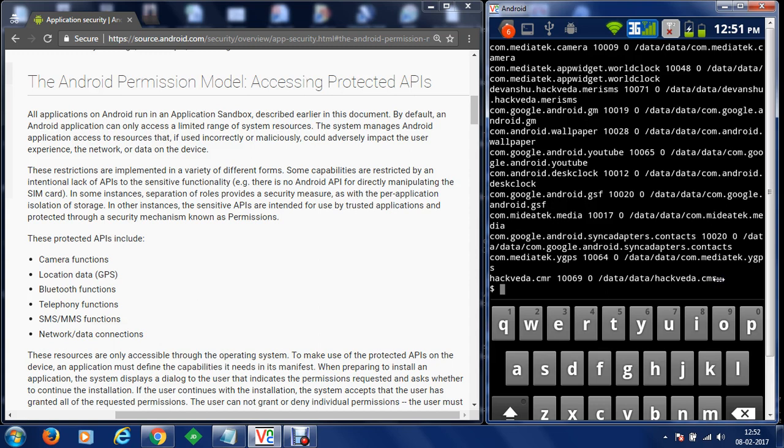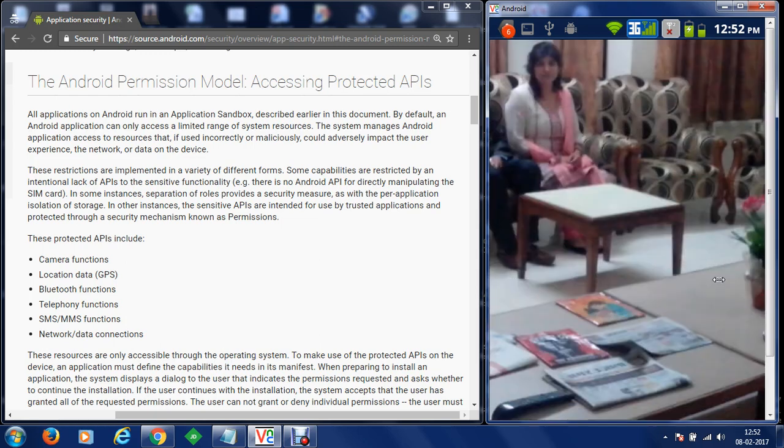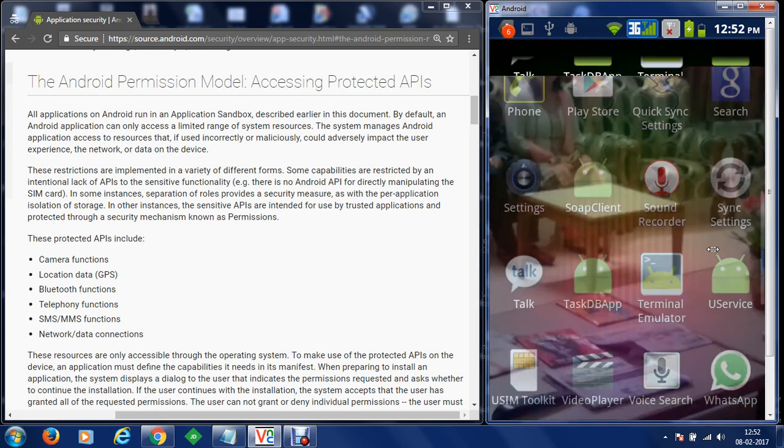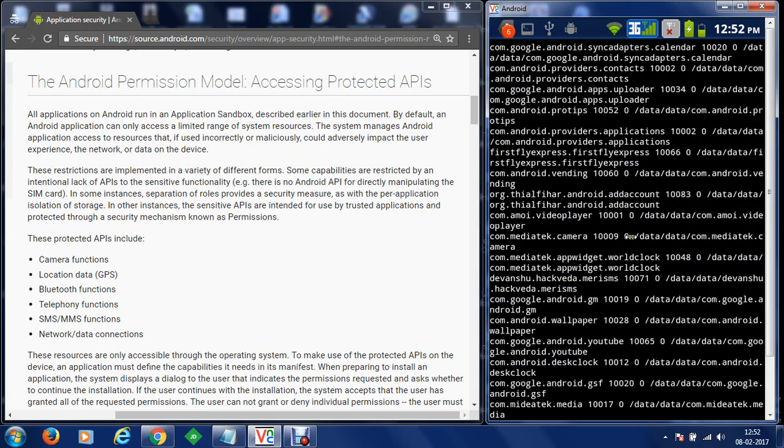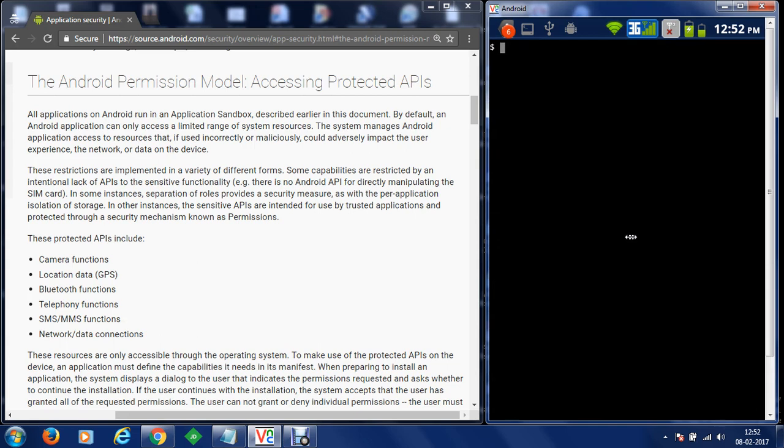Now, in case I want to search for the application account for this application hackweather.cmr, we'll go to the terminal. Within the terminal, we are going to execute the ps command, or we can do cd data.